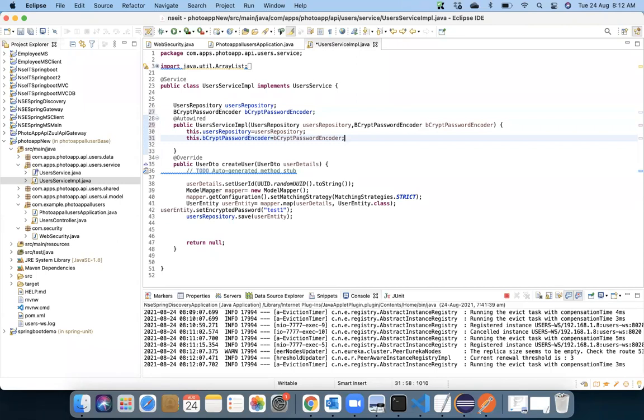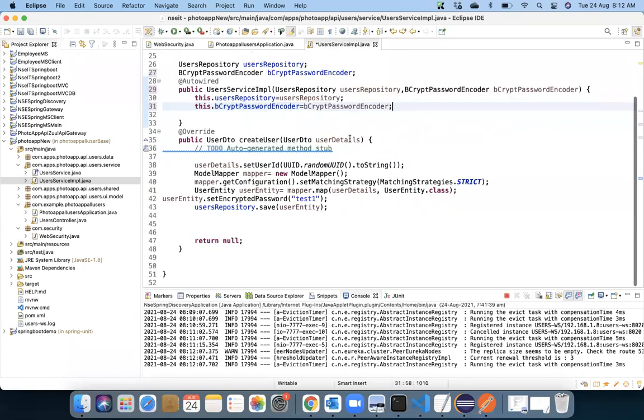Okay, and after that, what I'll be doing now here in my code, we have to actually encrypt it manually. So this set encrypted password test one, which we were doing manually, I'll just comment it out. Are we clear?